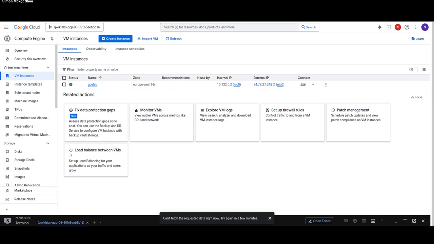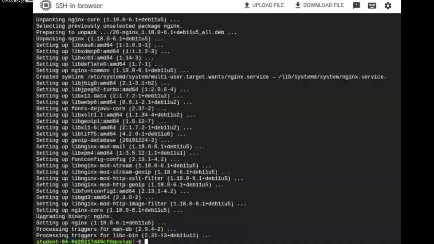Okay, let's let that run. Also note, guys, how we're just installing packages, we're installing servers. This is all done on the cloud, so we actually don't have to worry.